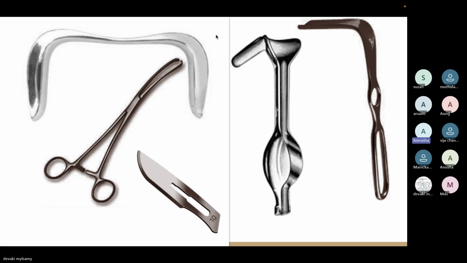If the ovaries are also to be removed, it will be the infundibulopelvic ligament to be clamped. Once the infundibulopelvic ligaments are clamped, the uterus can be delivered out, and